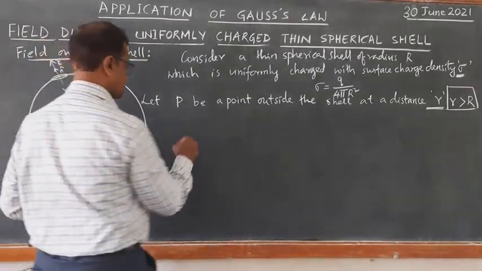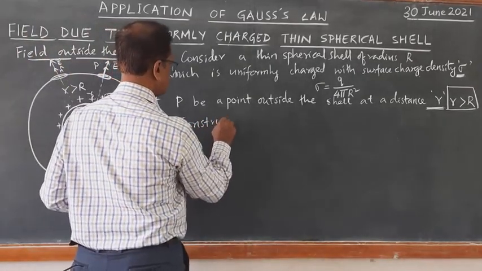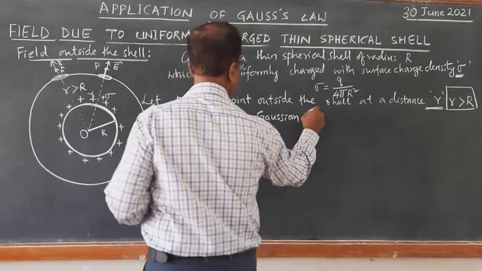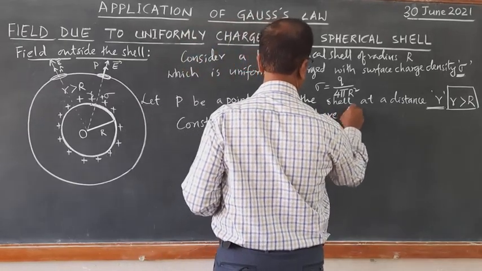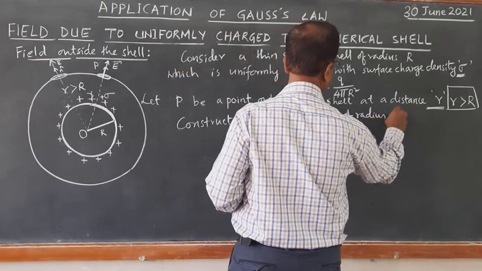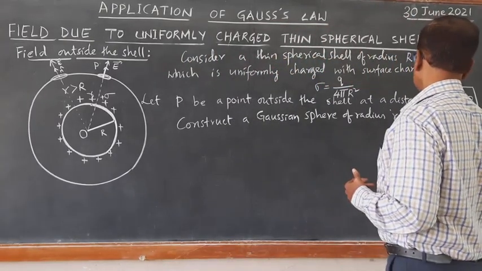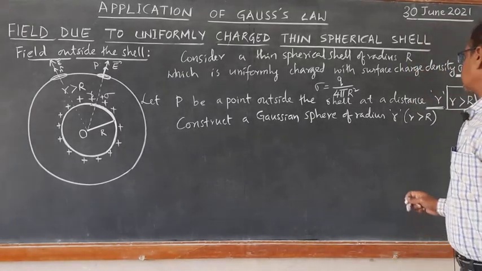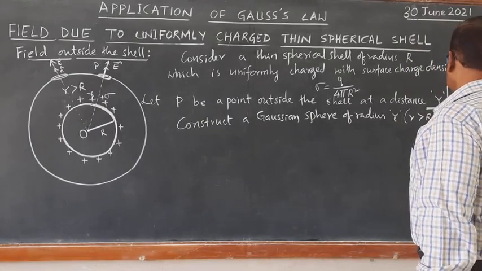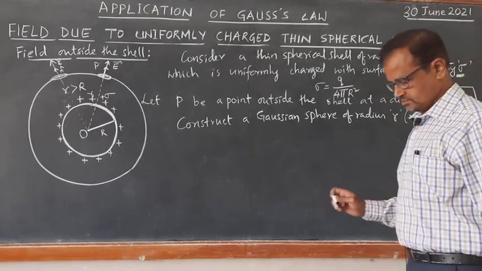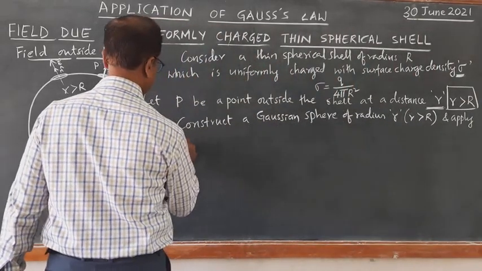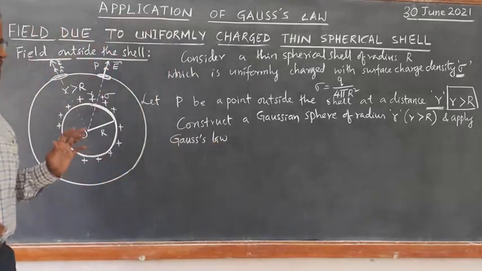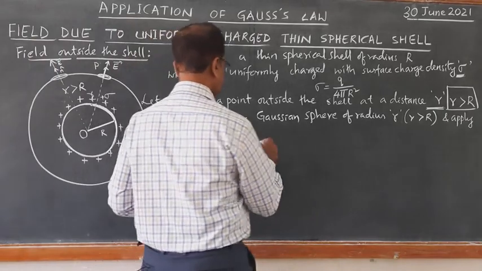Now we will construct a Gaussian sphere of radius small r such that small r is greater than capital R, which includes the point P, and apply Gauss law. Applying Gauss law to this constructed Gaussian sphere. So according to Gauss law,